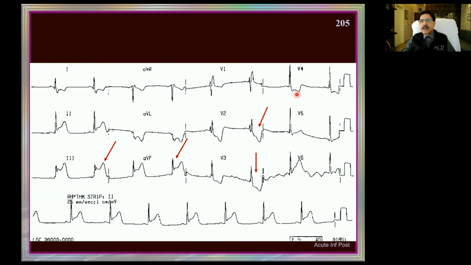These depressions are complementary because the R wave voltages are preserved. Because of the preservation of the R wave voltage, we will say the lateral wall is rather unaffected. There is an RBBB, of course, in this ECG.